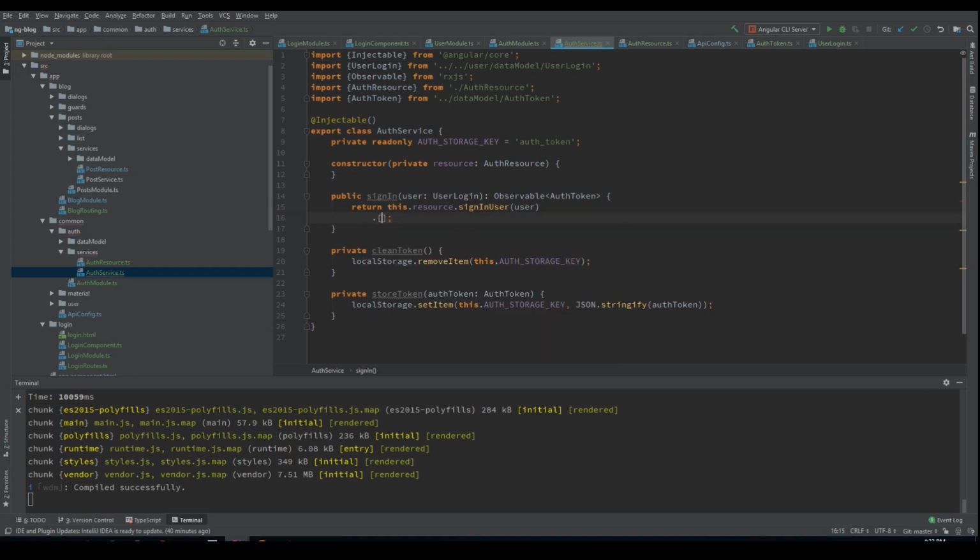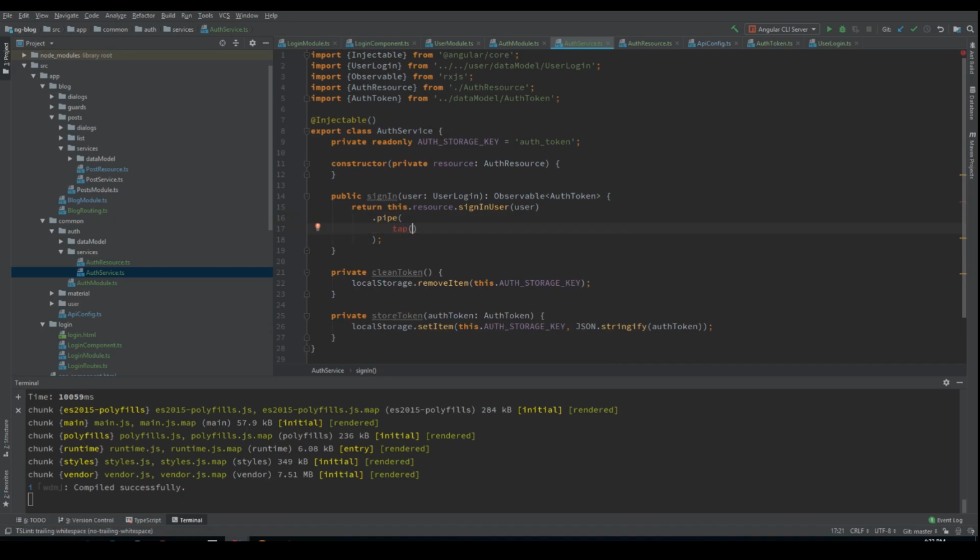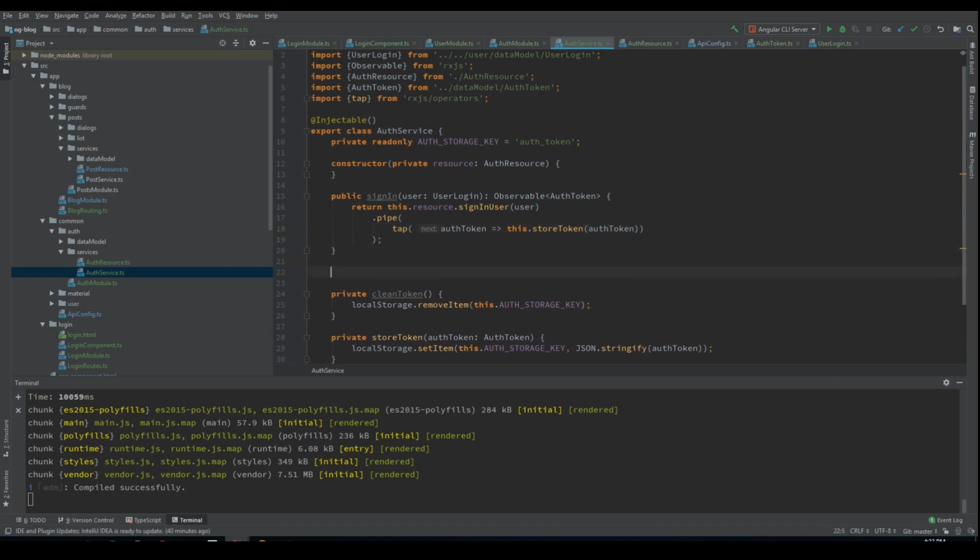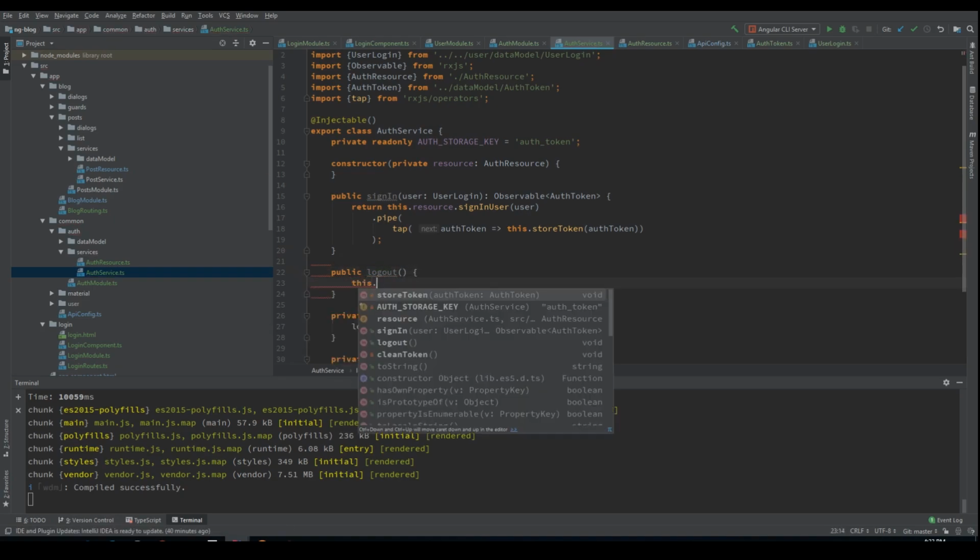So we say pipe, and we tap on success, and we do this here: auth token, this store token, auth token. Yeah, perfectly. Also, we want a public logout method